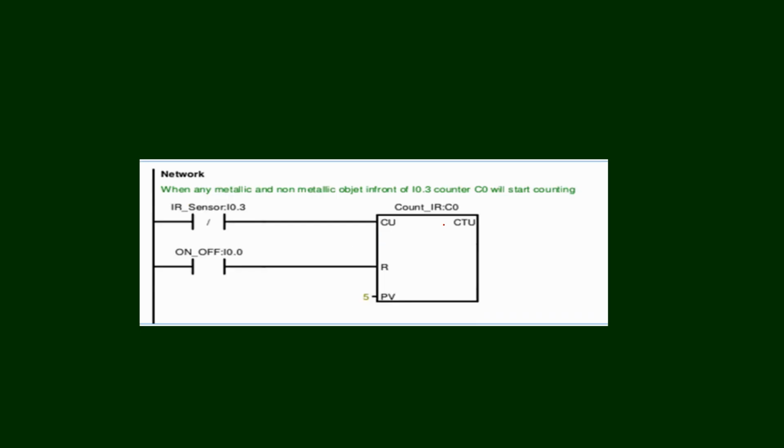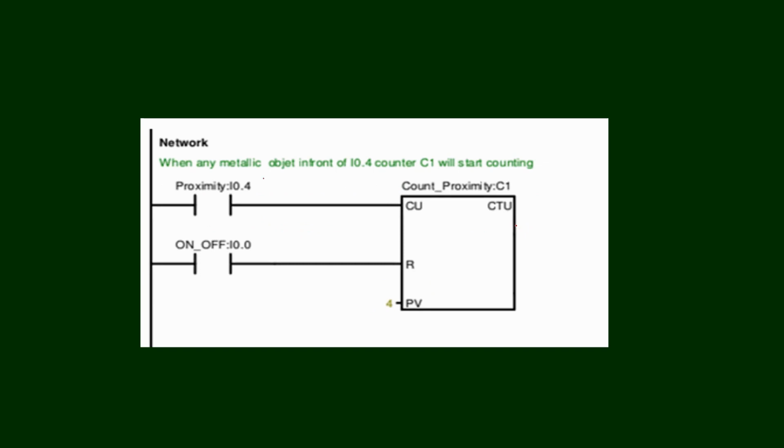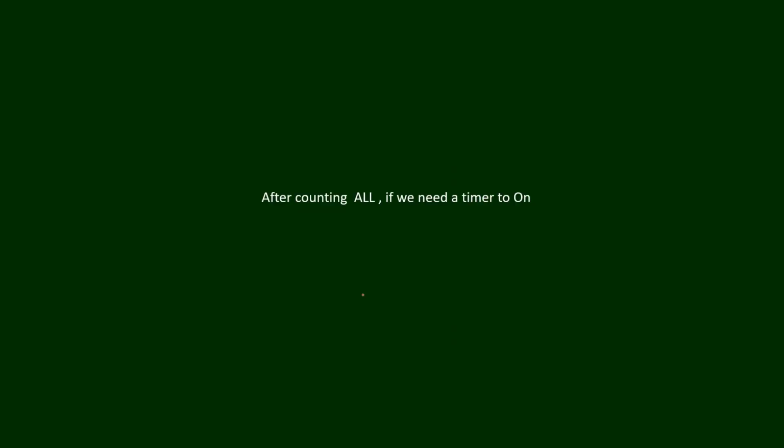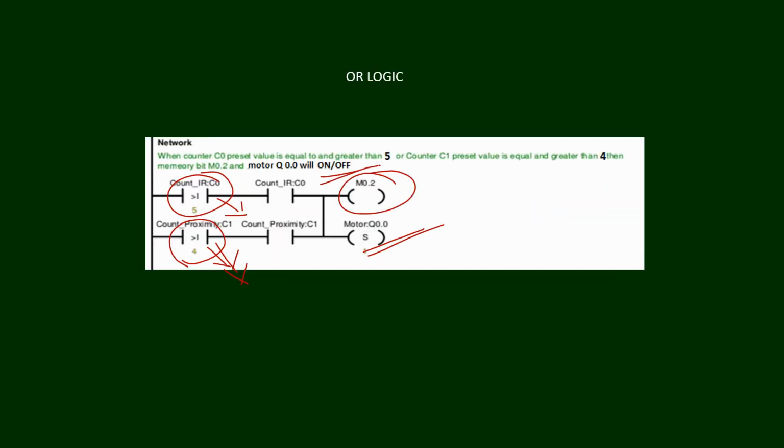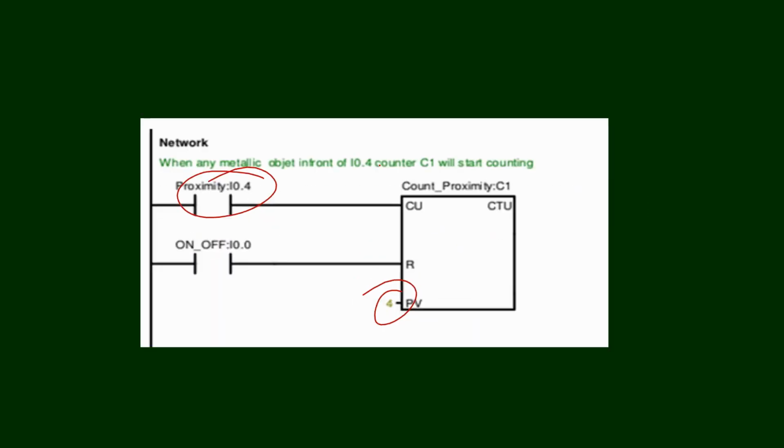So it's given. You see here how the counting operation is happening. So this is the counting operation. See, the IR sensor is giving input to the counters. The counter will count 1, 2, 3, 4, 5. So once 5 is achieved, then immediately it will not count further. Then the metallic object will be counted. See there, proximity sensor. Here we have given 4 numbers. So after counting 5 numbers of non-metallic and 4 numbers of metallic, what will happen? The motor will get reversed or it will switch off. So this is one logic. Another logic is given here.